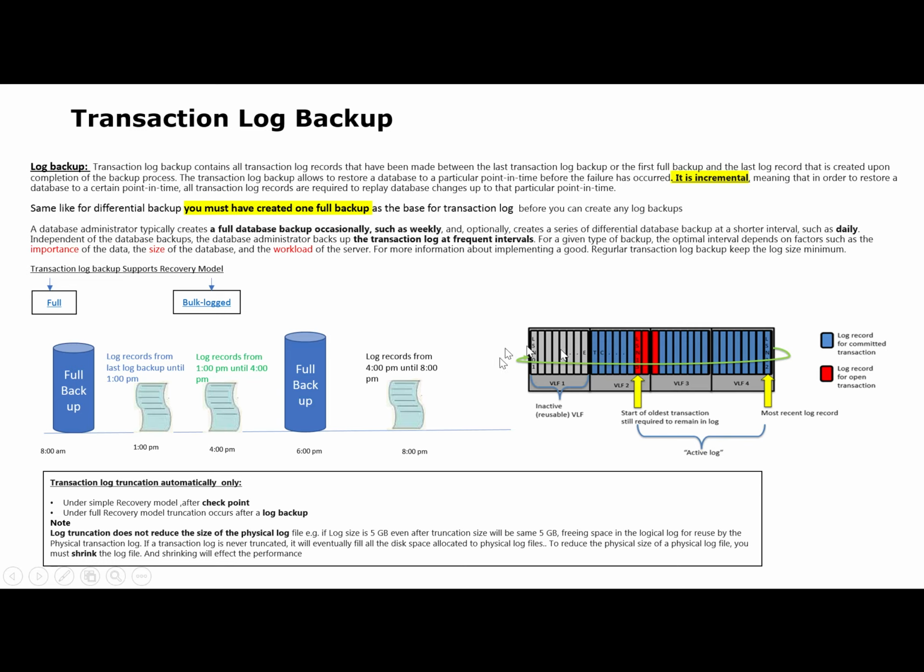As per Microsoft standard, first we have to take full backups occasionally. For example, we can set once in a week. There should be one full backup. Then there is a series of differential backups, which is optional. Like we can set that daily there should be one differential backup, and then there will be the frequency